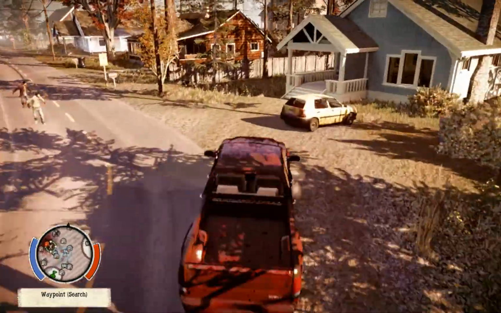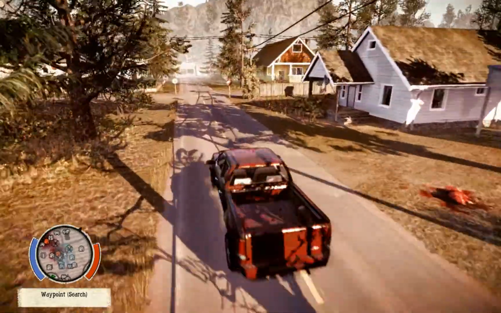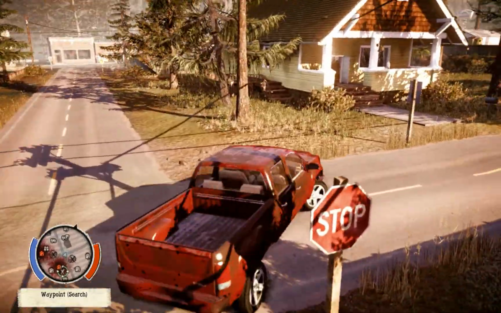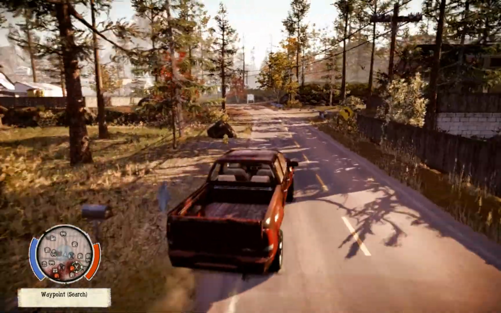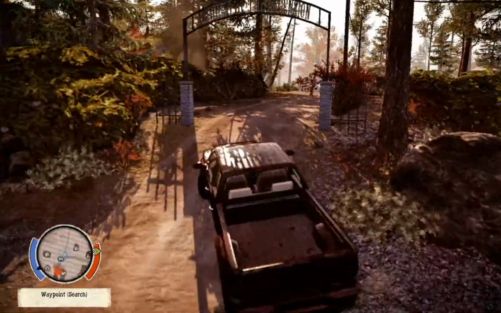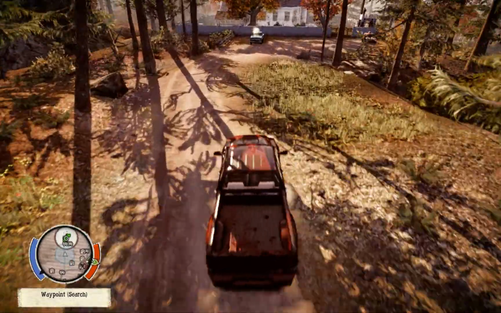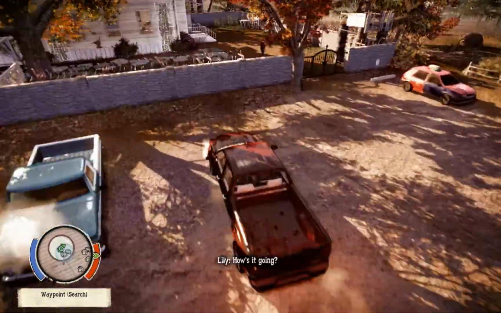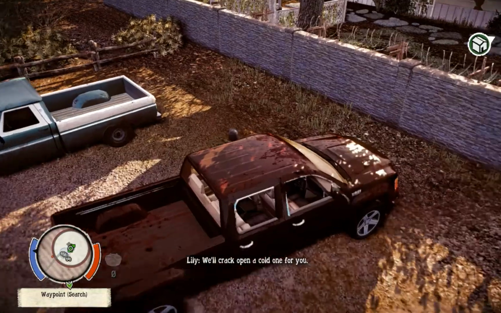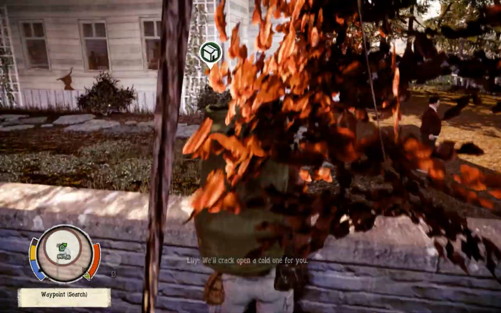So let's get these materials back to base with a bit of careful driving. I think that's two infestations we've got there. That's not so good. So we're just, whoops. How's it going? I'm trying to almost crash into the wall. We'll crack open a cold one for you. And then we can hop over the wall